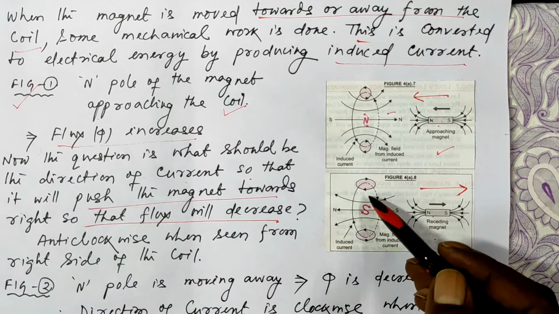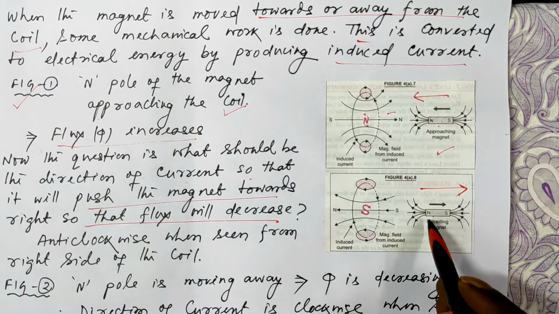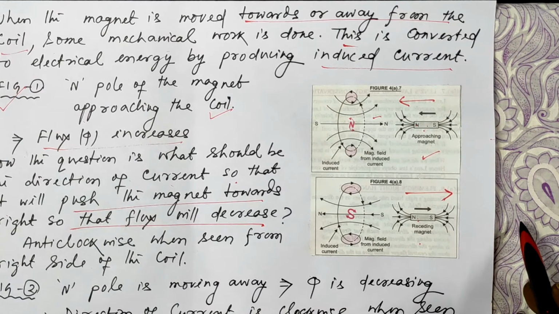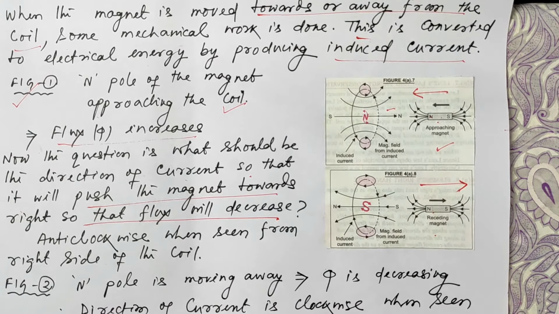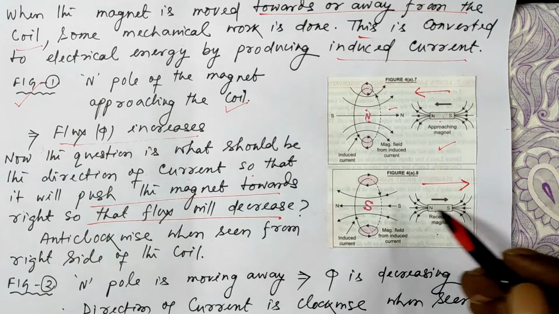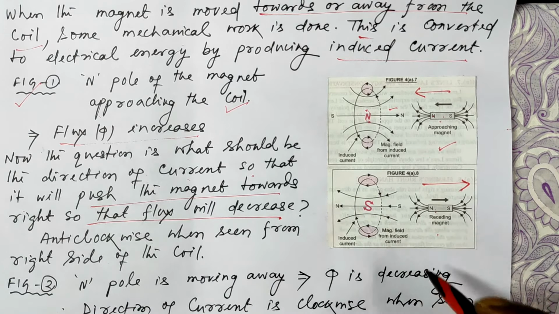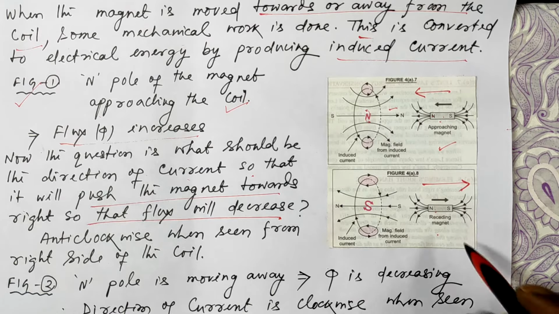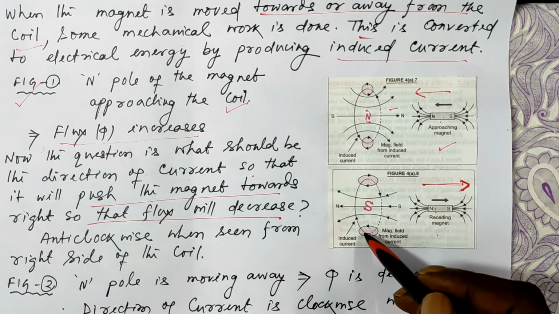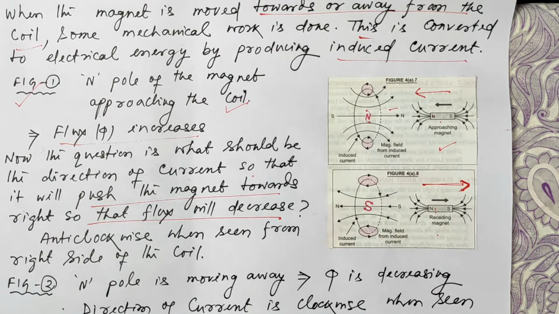Suppose initially 20 lines of force were passing through this when the magnet was here, and when the magnet is here, fewer lines are passing through, because when it is moving away, the coil is coming to a region where there is less crowding of magnetic lines of force. So when this magnet moves to this side, the number of lines of force passing through this, that is the flux, is decreasing. So according to Lenz's law,